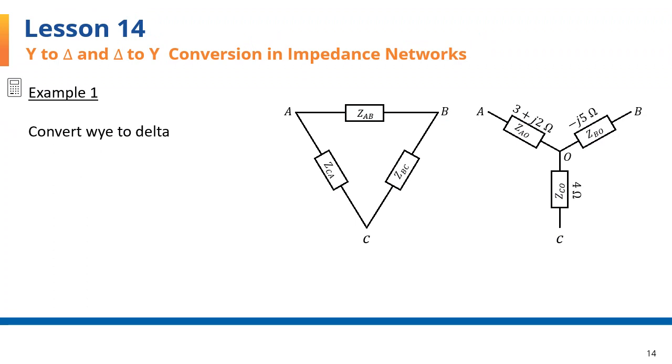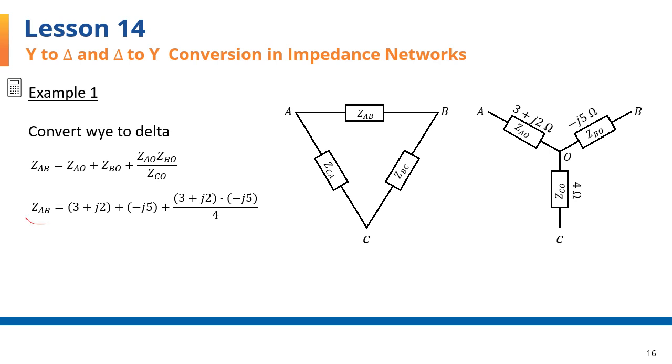In this example, we're given the resistances of the Y-connected trio of impedances and asked to calculate the elements of the equivalent delta connected set. Starting with the calculation of ZAB, the equation is the one you see here. Substituting for ZAO, ZBO, and ZCO from these values,